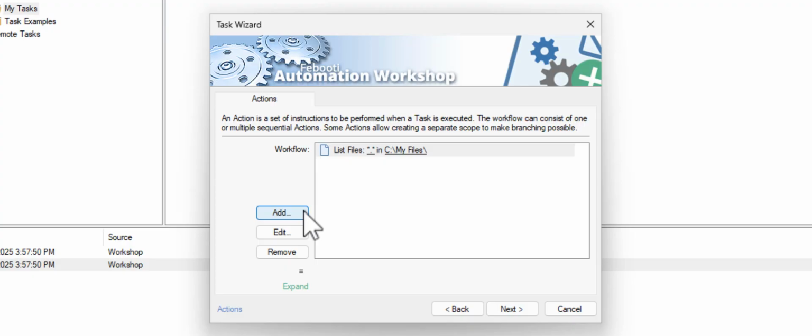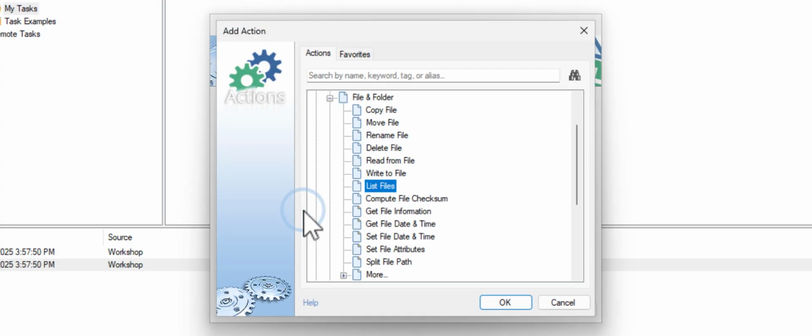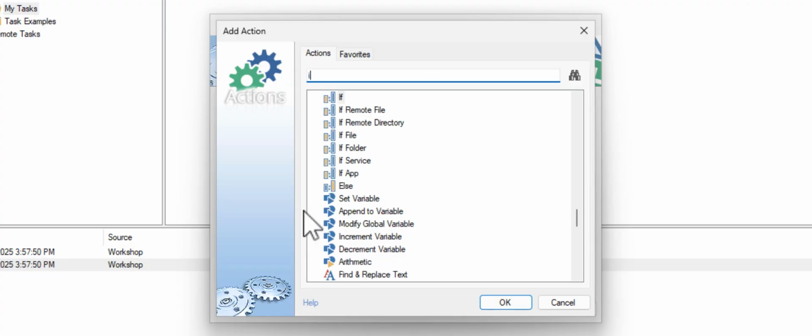Once we have a file list, we need to check whether it contains any files. You can quickly find actions by typing the first letter, and matching actions will be shown. The If action is what we need.